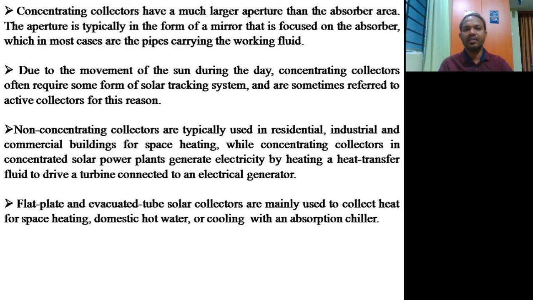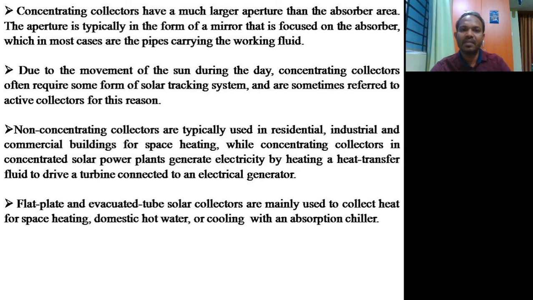So even these concentrating collectors will have two types. One is the line concentrating collector and the other one is the point concentrating collector. In a point concentrating collector, what happens? All the solar radiations will be reflected and made to meet at a single point where this heat will be extracted. Whereas the line is something like a pipe, a pipe-like structure with a half cylindrical shape. So it will be collected at the middle along the line of the pipe.